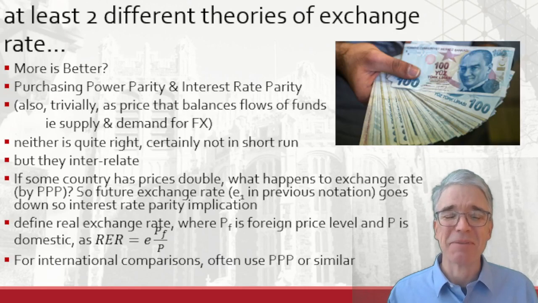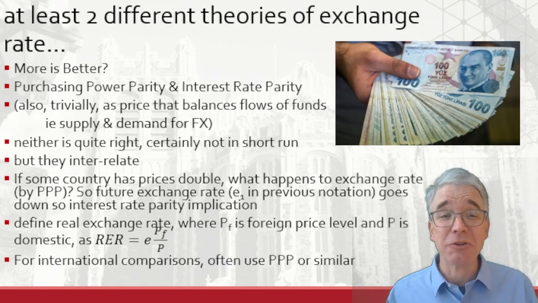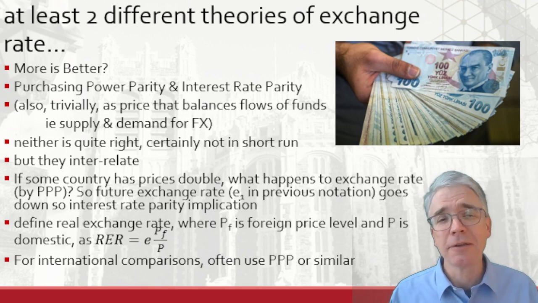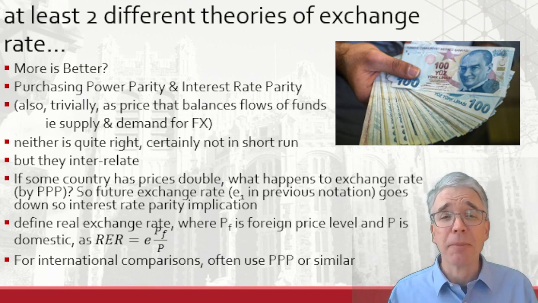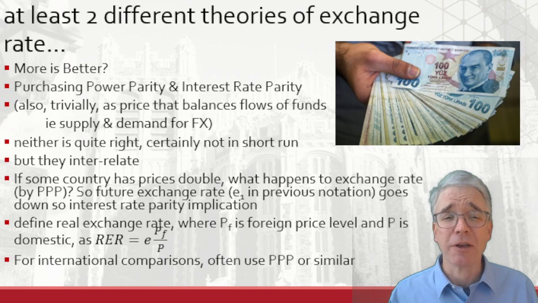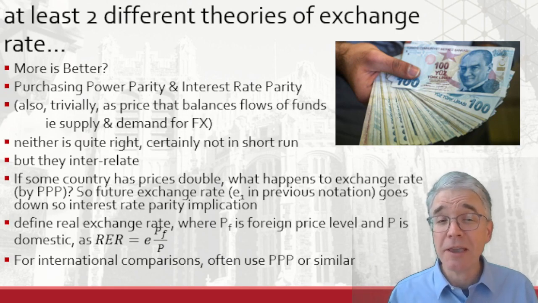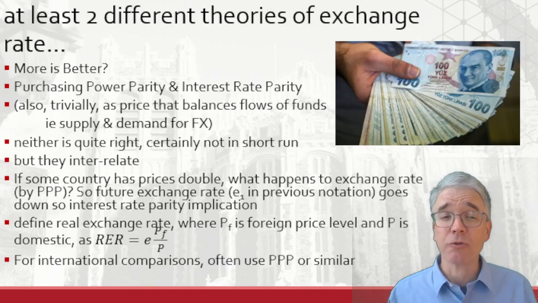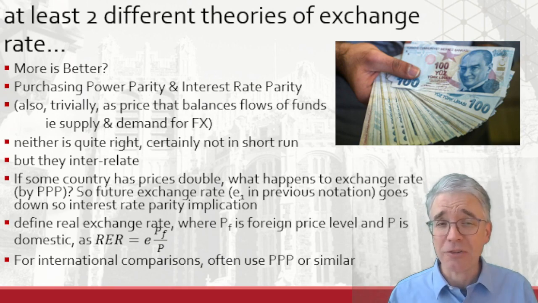Let's add another complicating factor, inflation. If some country has its price level double, what happens to its exchange rate? By PPP, purchasing power parity, the future exchange rate's got to go down, which has implications for interest rate parity. Recall that several weeks ago, we defined the real interest rate as being the nominal interest rate minus the inflation rate. We can define the real exchange rate as the nominal exchange rate times the ratio of foreign price level